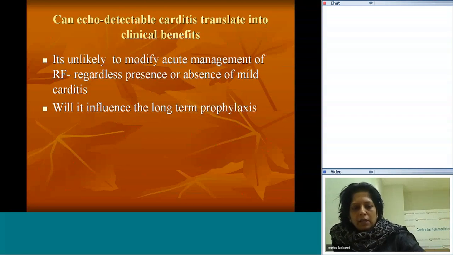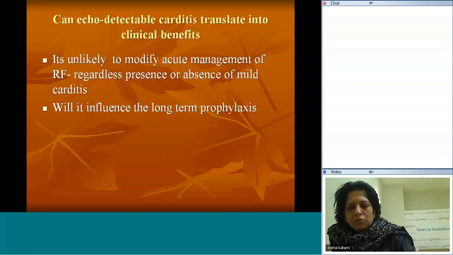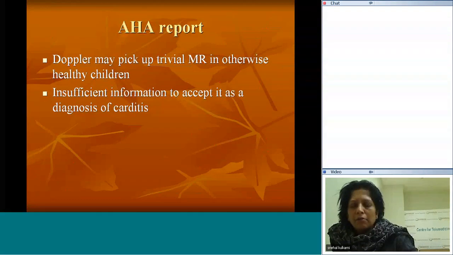So, whether it really will translate into clinical benefit, we really do not know. It is unlikely to modify the acute management of rheumatic fever regardless of the presence or absence of mild carditis. Now we really do not know whether it will influence the long-term prophylaxis when we diagnose somebody on echocardiography for